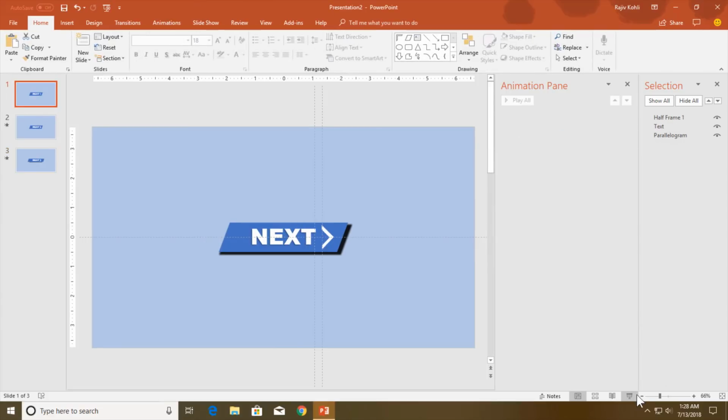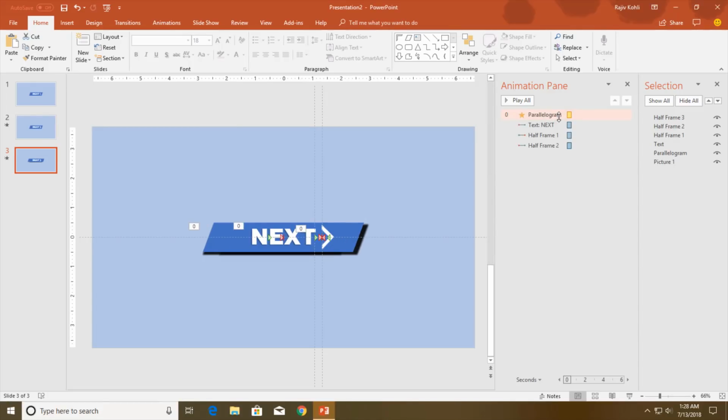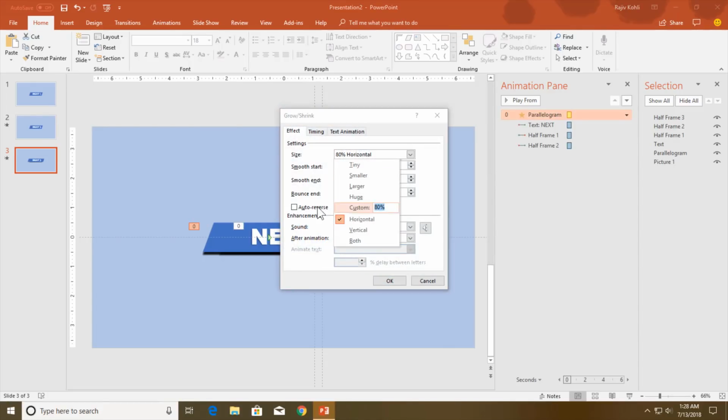Okay, now let's see the slideshow from the first slide. That's our first slide, this one is the second, and that one is the third. As you can see, it is nearly matching with the size of our first button, or you can adjust the grow shrink setting.